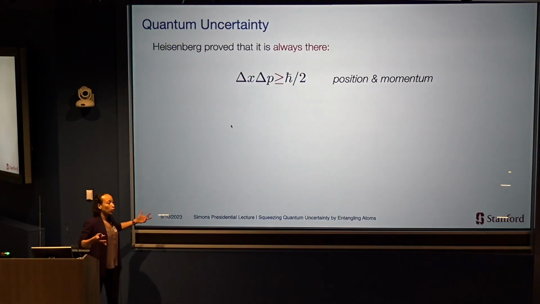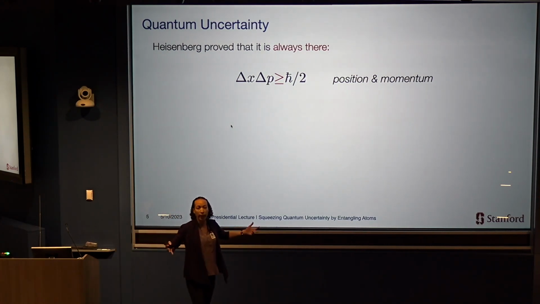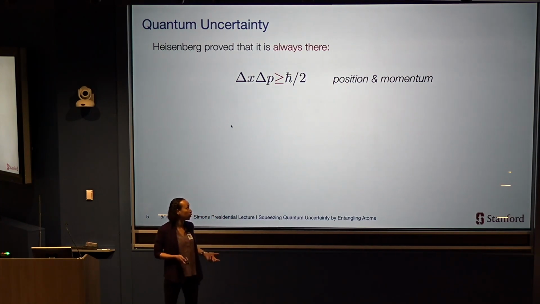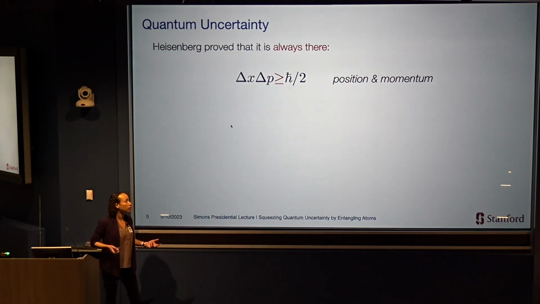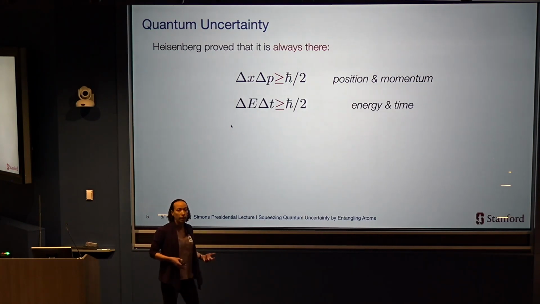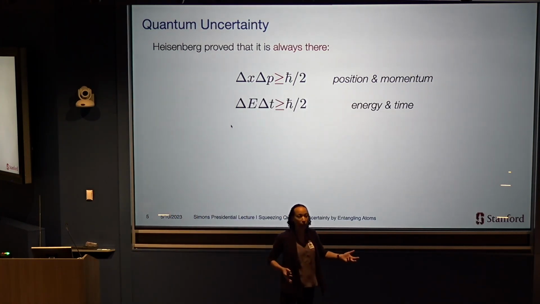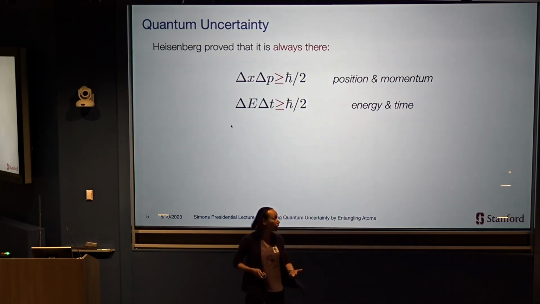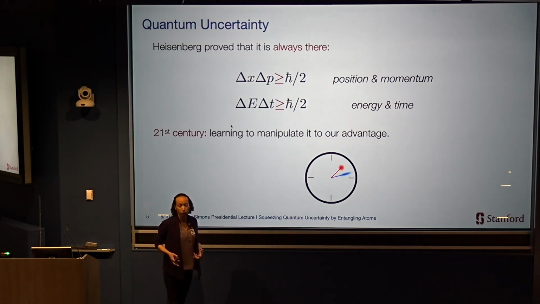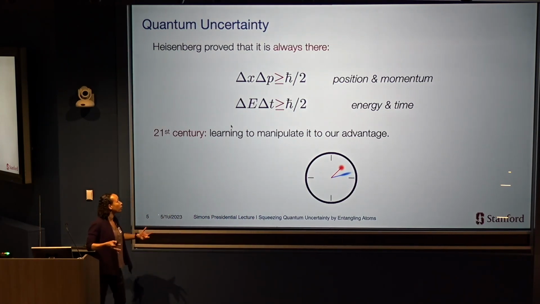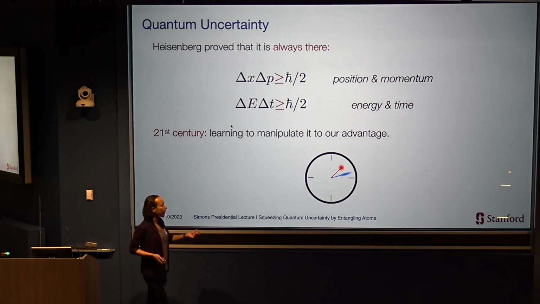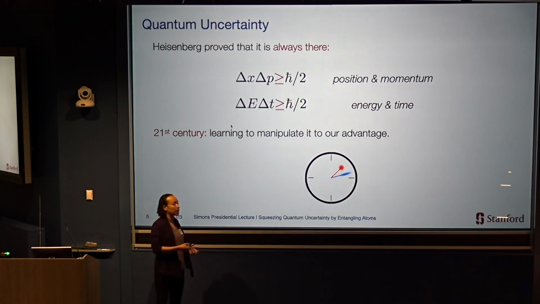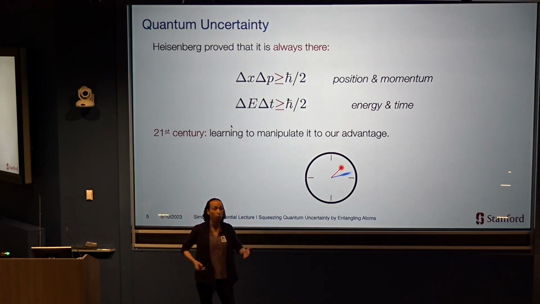Quantum uncertainty, you may have heard of the Heisenberg uncertainty principle, which tells you can't know where a thing is and how fast it's moving, its position and its momentum, at the same time to arbitrary precision. There are other versions of this uncertainty principle. There's one that relates measurements of energy and of time. It turns out to very precisely measure time, you need a system fundamentally with a large uncertainty in energy. And much of modern research in this area of quantum measurement is learning how to manipulate uncertainty to our advantage. How do I engineer a system, for example, with a large uncertainty in energy so that I can more precisely measure time?